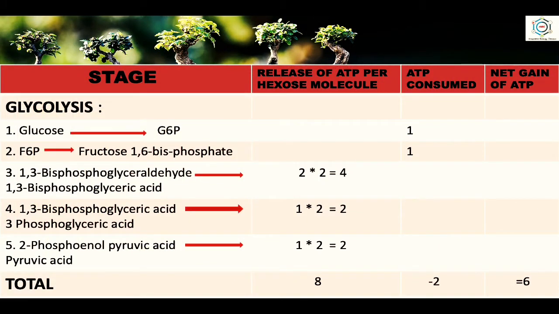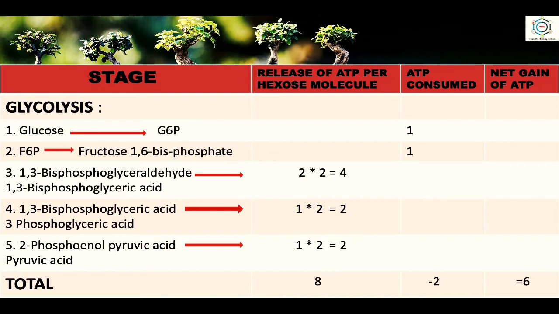Now, see here, the balance sheet of the ATP which is produced in the breakdown of one molecule of glucose is given in the table below. Here the total gain of ATP molecules produced by the oxidative breakdown of glucose is 6 plus 30, it means 36. In glycolysis, in conversion of glucose to glucose 6-phosphate, 1 ATP is consumed, while in conversion of fructose 6-phosphate to fructose 1,6-bisphosphate, here also 1 ATP is consumed.